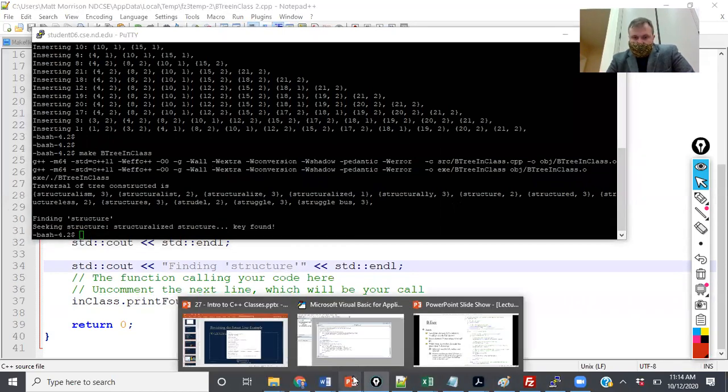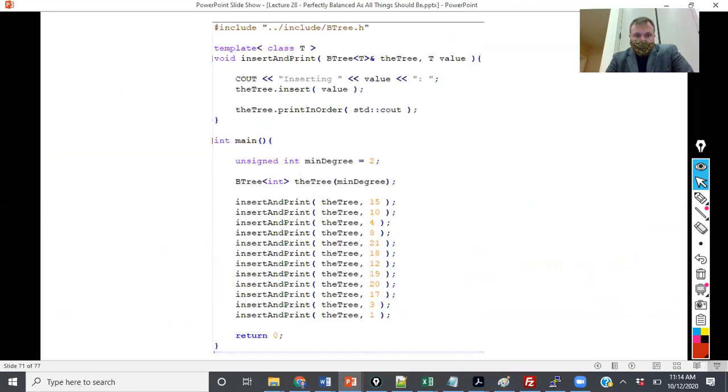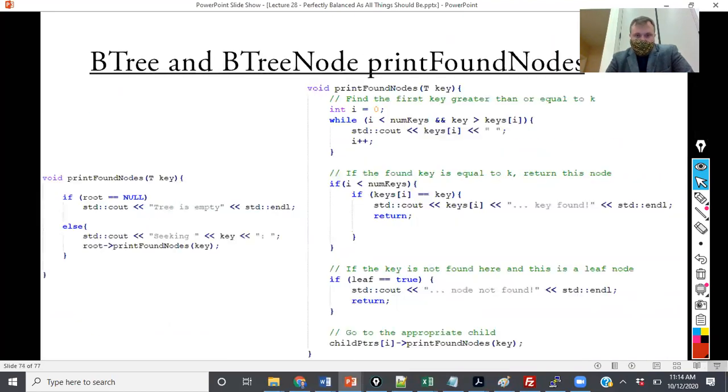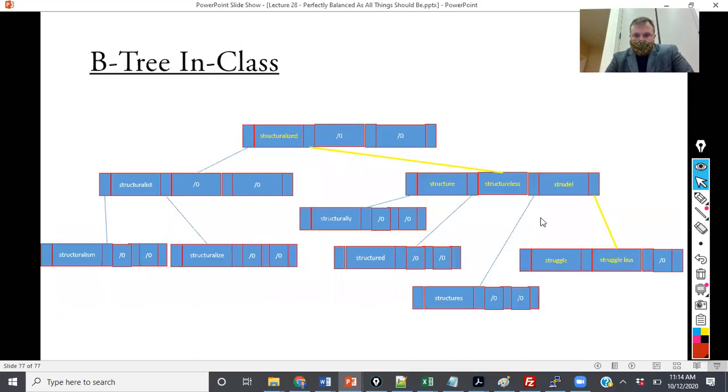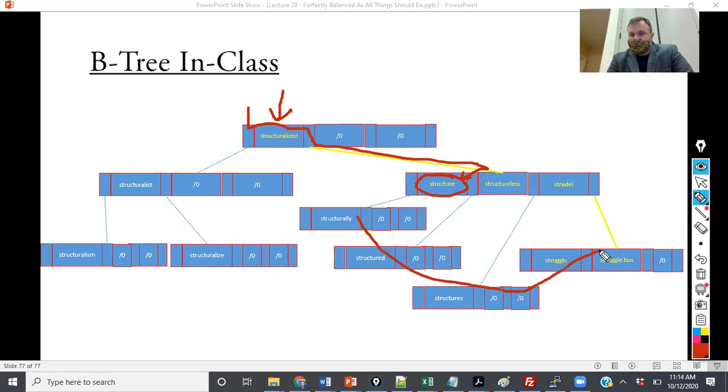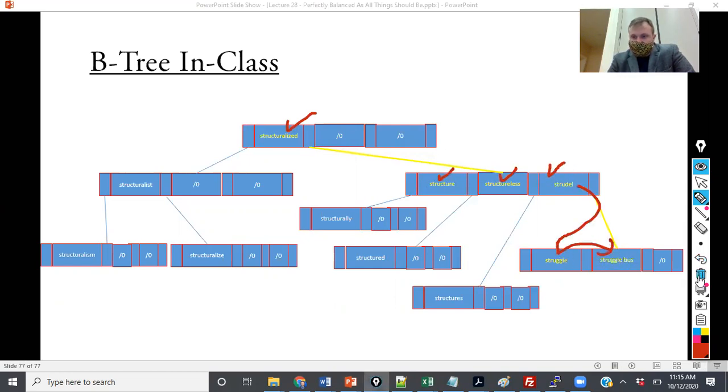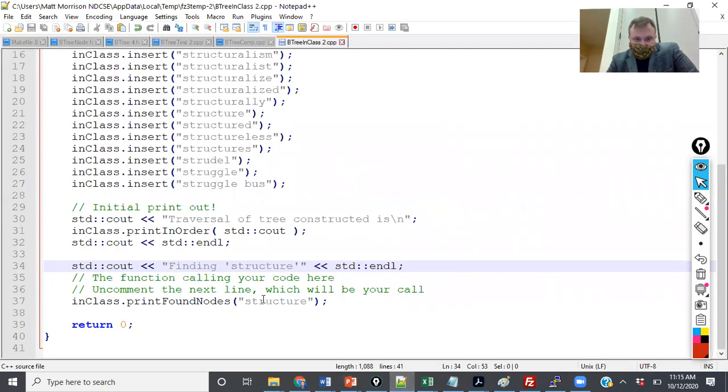So what I want to do to conclude lecture is to show you the traverse. And so what's going to happen is I start at structuralized, right? And so it goes here, it finds it, and then structure is the next word. And so all of these are at the same level. I just did that to try to get them all onto the single screen. But if I actually put in struggle bus, we're actually going to see structuralized, structure, structureless, strudel, struggle, and then struggle bus. So if I modify this to say struggle bus,